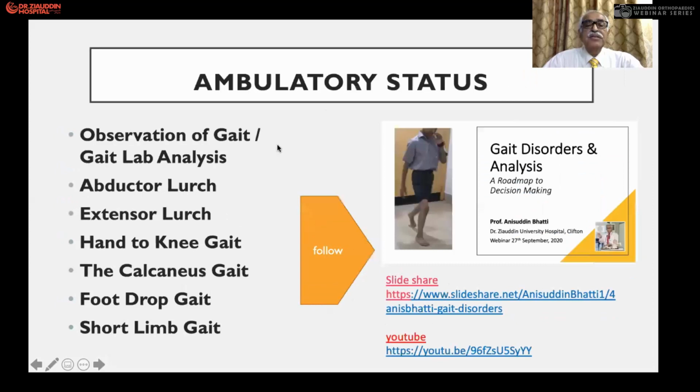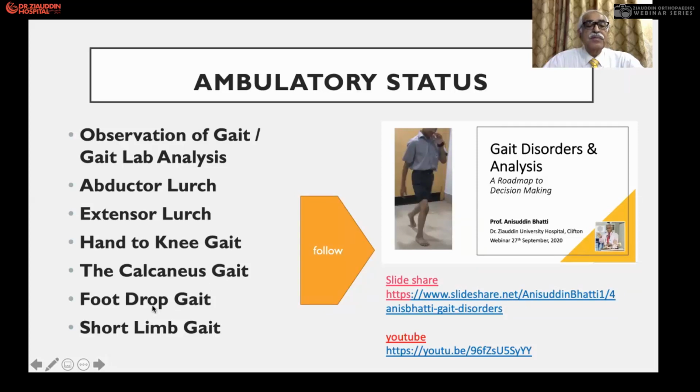We have also discussed the ambulatory status and how to know it. We can do observational gait analysis with a camera, or in the gait laboratory. Then abductor lurch and extensor lurch, which can be because of the gluteus medius and gluteus maximus, and hand-knee gait because of paralysis of the quadriceps femoris muscle, and the calcaneus gait,